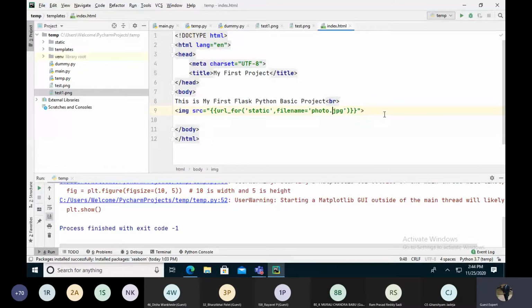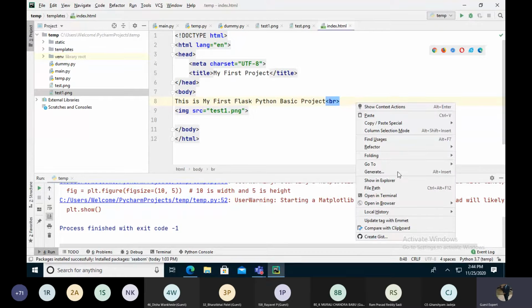We can just simply add the file name, which is test1.png. So when we are not writing the static path, it's because it's not in static, it's outside.